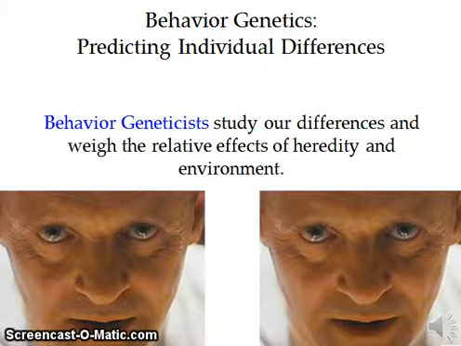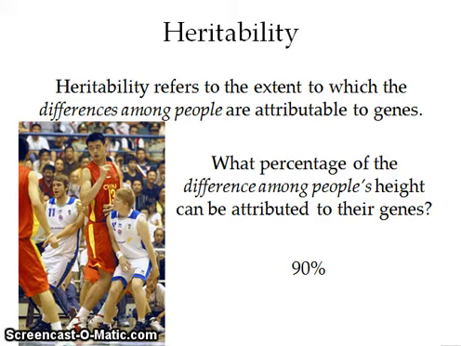So jumping over to Chapter 3 on evolutionary psychology, part of biological psychology is studying the differences in humans, specifically looking at nature versus nurture and how much of our makeup comes from heredity versus the environment. Heritability refers to the extent to which differences among people are attributed to genes. So if you look at a population's height, the differences that we will find in those individuals' height is attributed to genes. About 90% of it is attributed to genes,